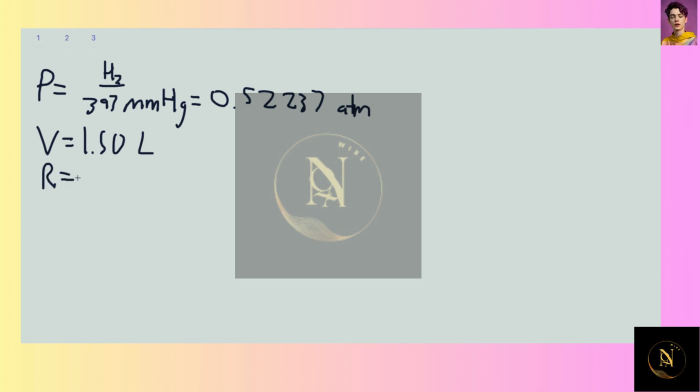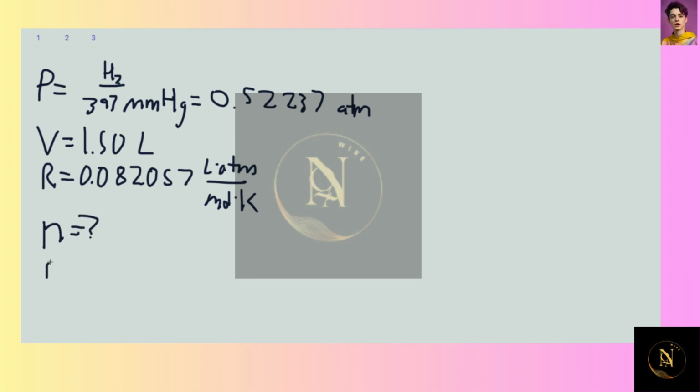Our R value is again 0.082057 liter atmospheres per mole Kelvin. Our n is what we're looking for, and our T is 305 Kelvin. So when we take that same rearranged ideal gas law, n equals PV over RT, and solve with our numbers for H2, we get